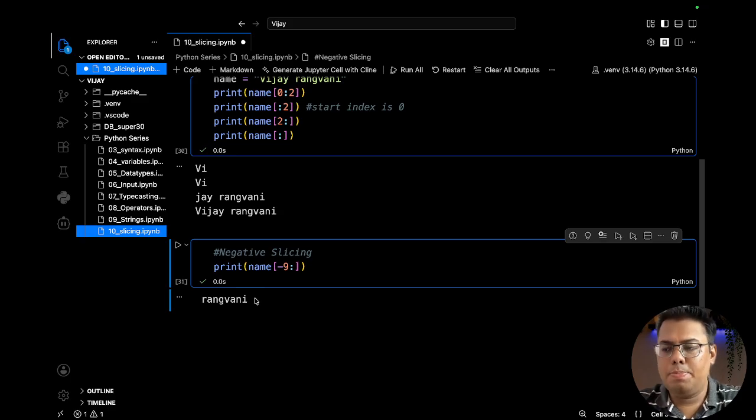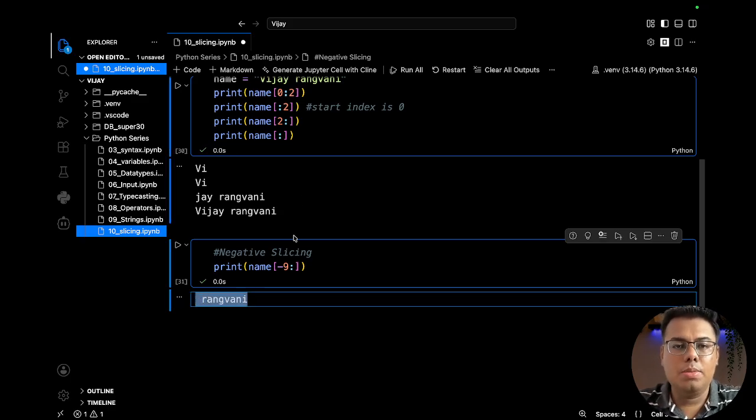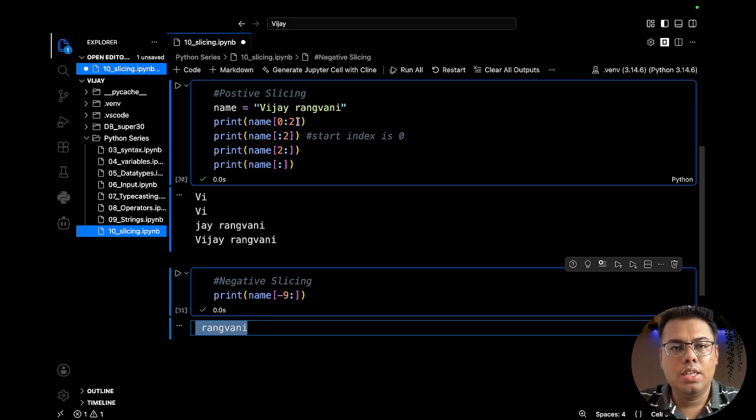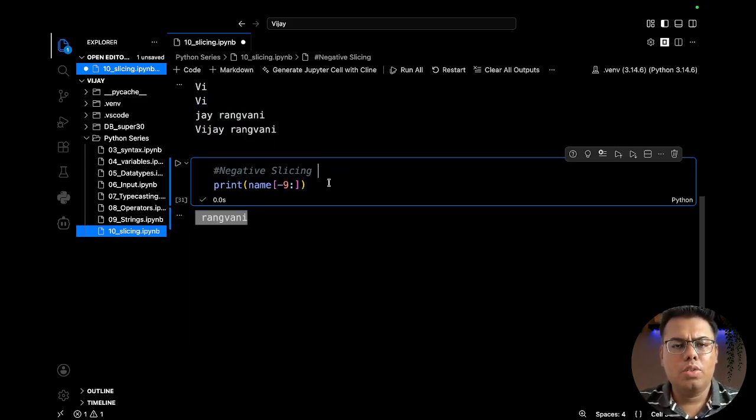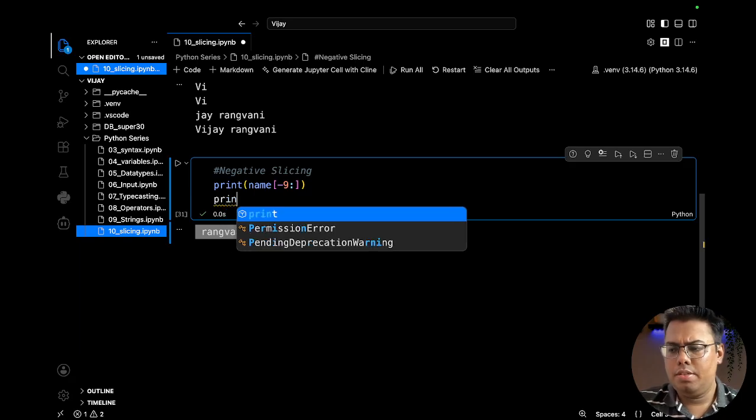Here you can see it is printing Rangvani. How is it possible? Here you can see -1, -2, -3, -4, -5, -6, -7, -8, -9. Okay, so from -9 it is going in the opposite direction. Now if I print